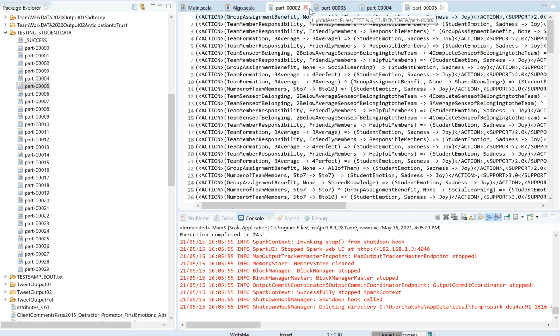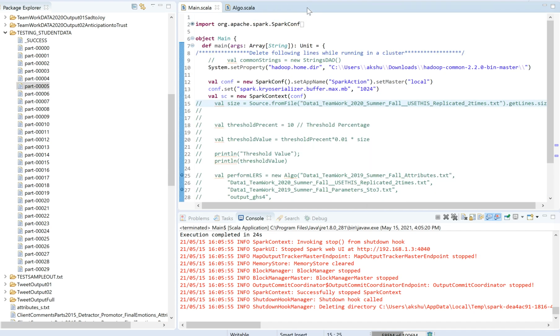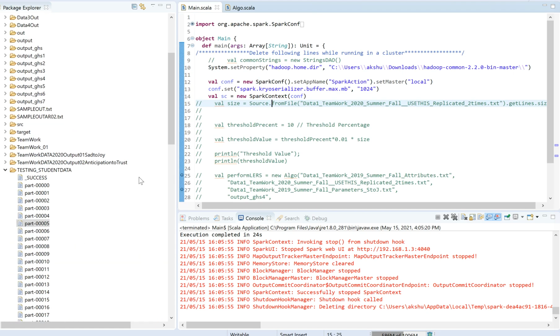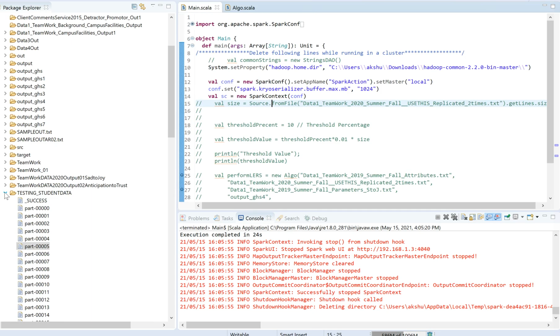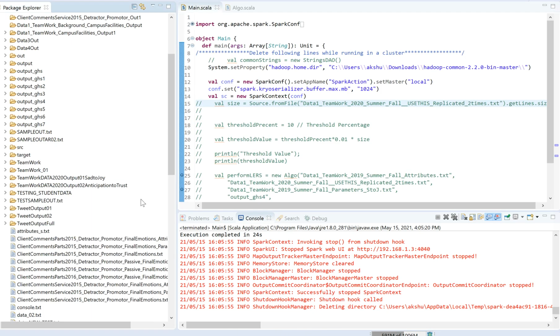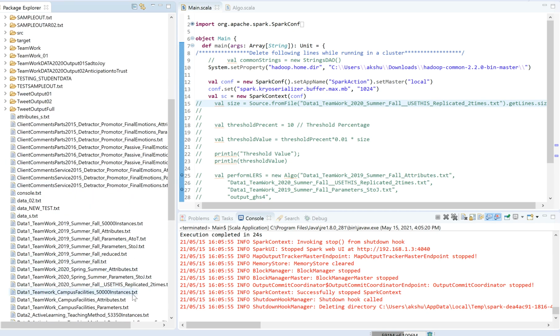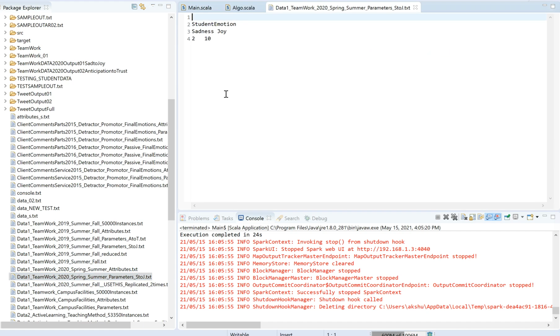Sometimes giving a very large value for the support and confidence will lead to the action rule not getting generated. So start with the minimum value and then increase it gradually. So this is where you need to manipulate the support and confidence values.